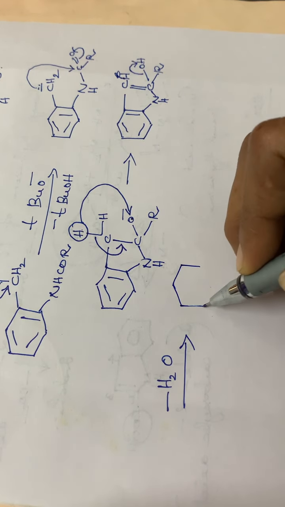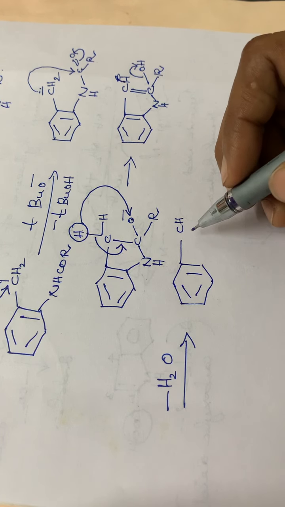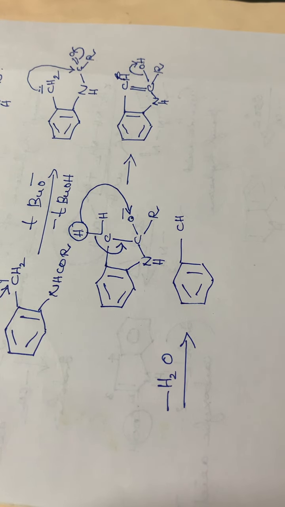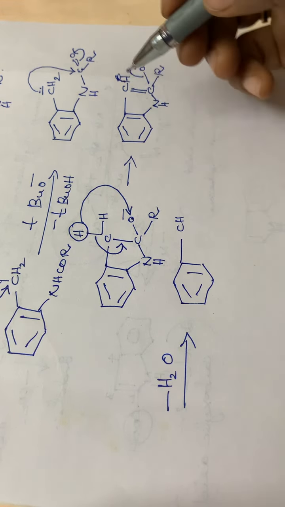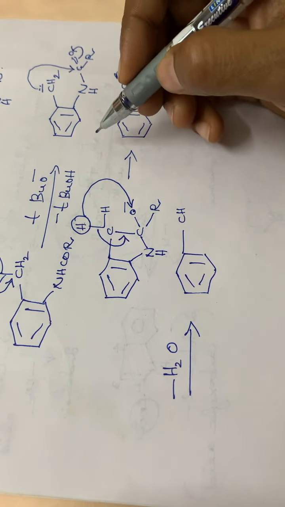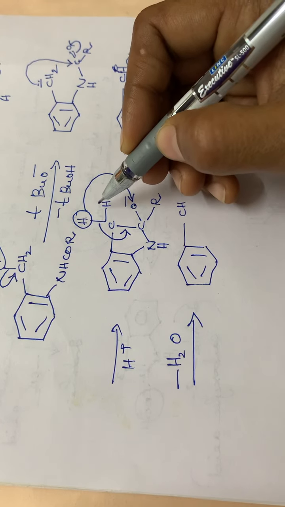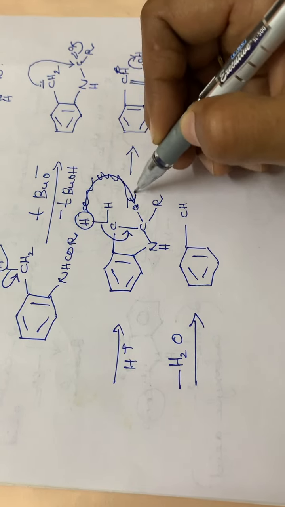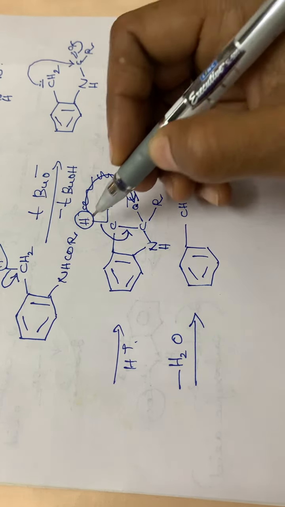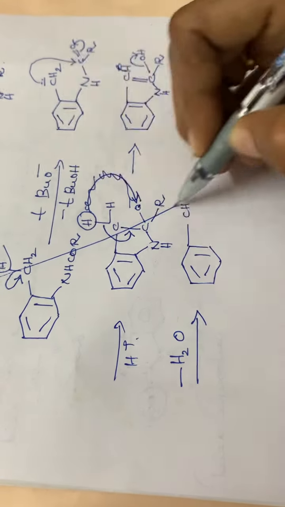So here it becomes C6H5, then CH, sorry, here one mistake occurred. See here one H plus is added. This proton is not abstracted at this position. That means one H plus is added to this position, not this hydrogen. One H plus is added to this O minus. I will be telling you once more. Sorry for the mistake.